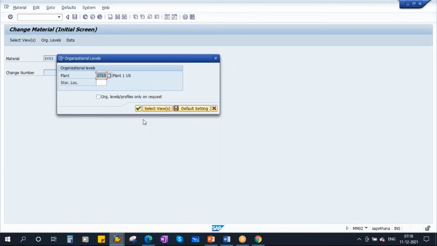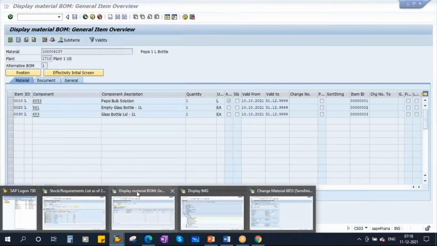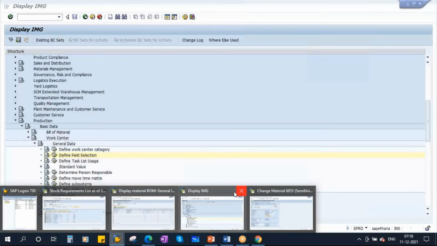Continue. Plant is 1710. Here you see there is a production storage location maintained. So in our system it is maintained in the material master. That is why it is getting proposed in the order.